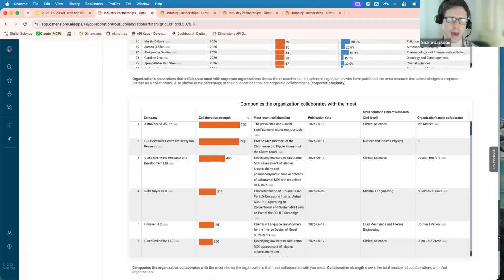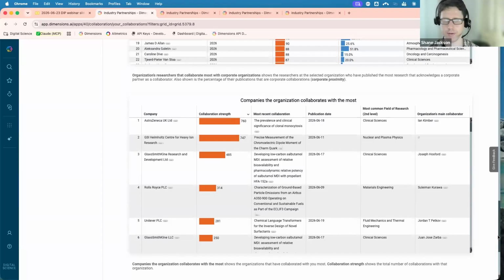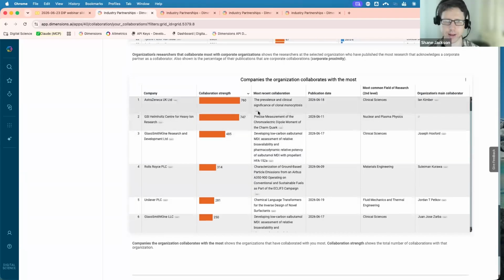And there are also other parts of the app where you can, again, look up an individual researcher and see who they most frequently collaborate with, if you want to understand that at the level of an individual, say. And then lastly, we have a profile of the companies an institution works with most frequently. So rank ordered by the collaboration strength metric, again, as a reminder, the total number of publications. But again, we give you a feed of the most recent collaboration that company has had, and specific details about what that collaboration was, and also show you who at your organization most frequently works with that company,